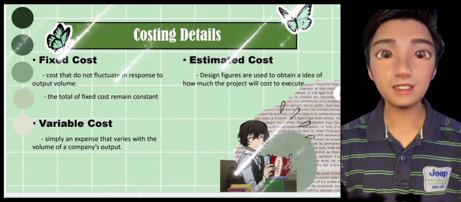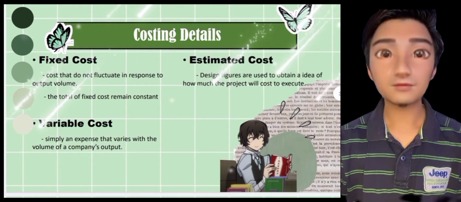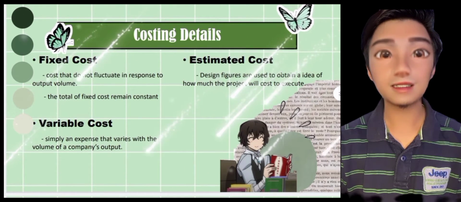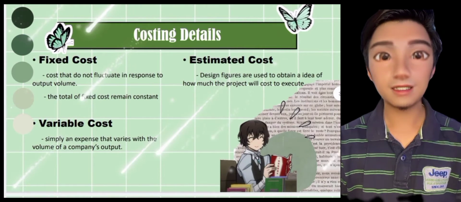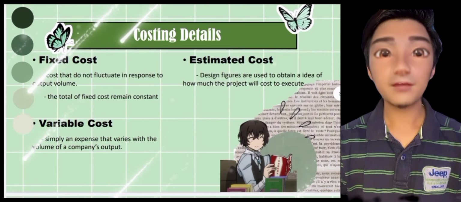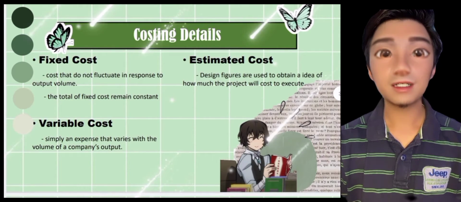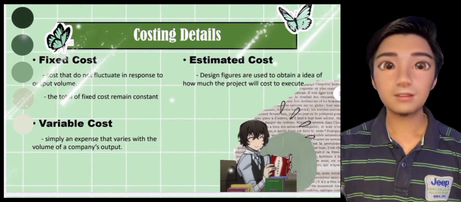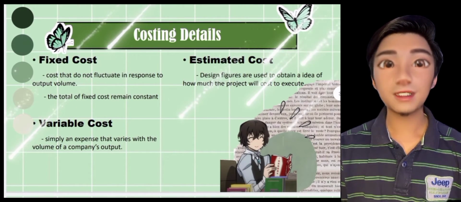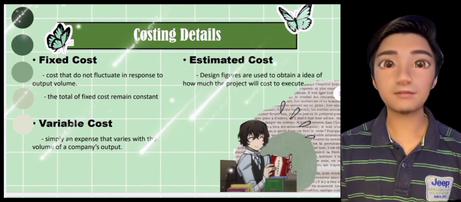Raw materials, energy and fuel, skilled workers, and labor and social fund payment costs are examples of variable costs in this operation. All of these expenses are subject to vary based on a variety of factors. Lastly is estimate cost. Design figures are used to obtain an idea of how much the project will cost to